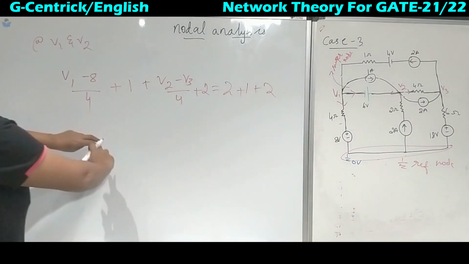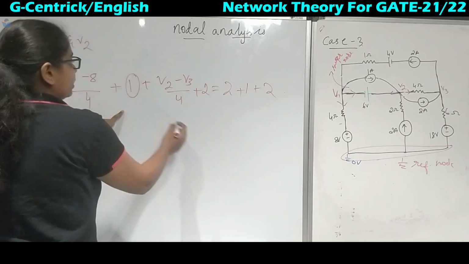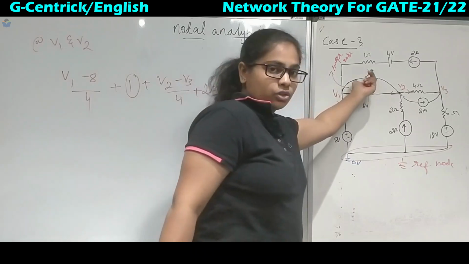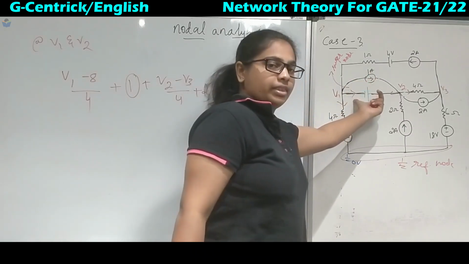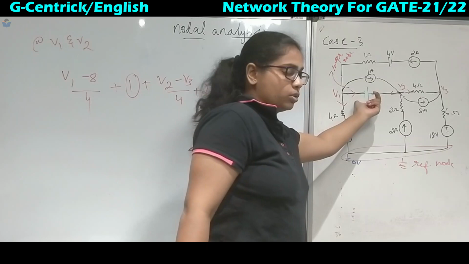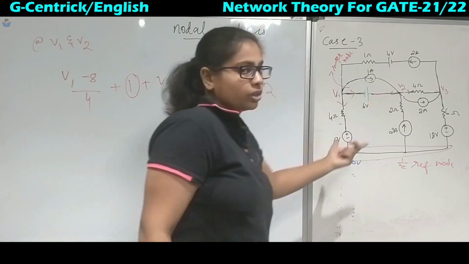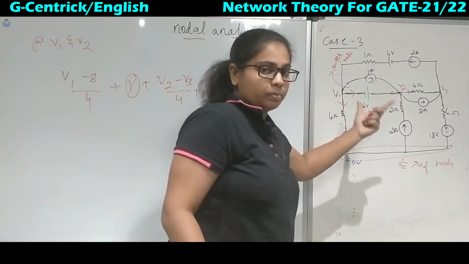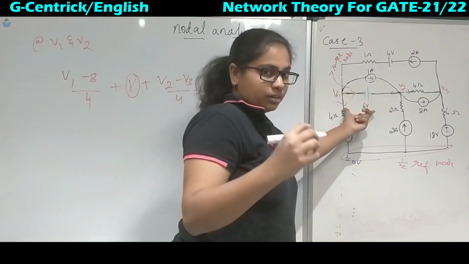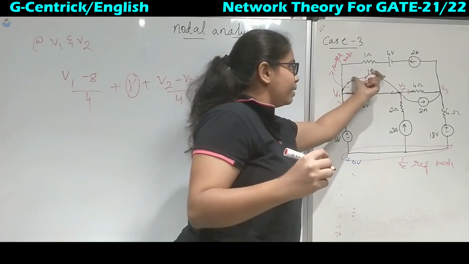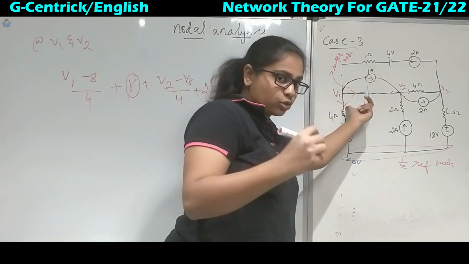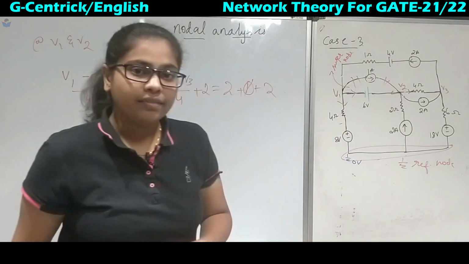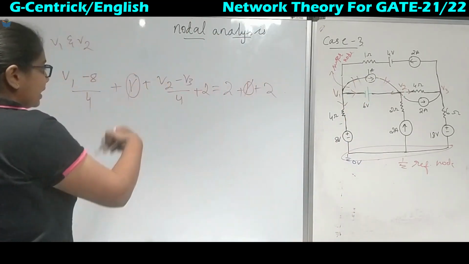Now if you observe, you have got 1 here and this 1 here. What is this? It is nothing but the current source connected in parallel with the ideal voltage source, that is the supernode. So the conclusion is that it gets cancelled out. Whenever any branch is connected in parallel to the supernode, it will be ignored. This branch will not have any significance; it will get cancelled out.